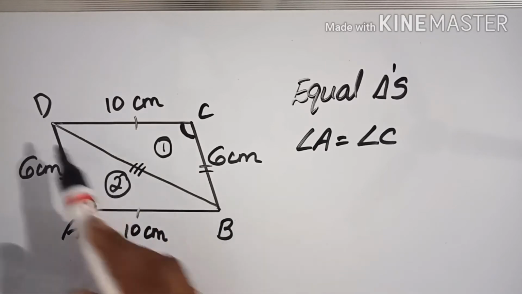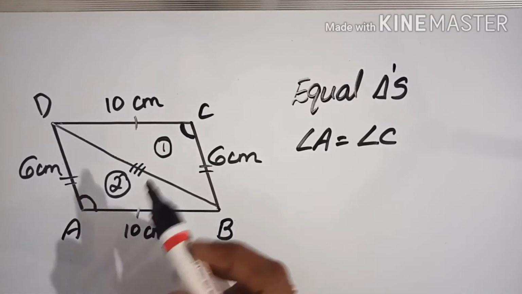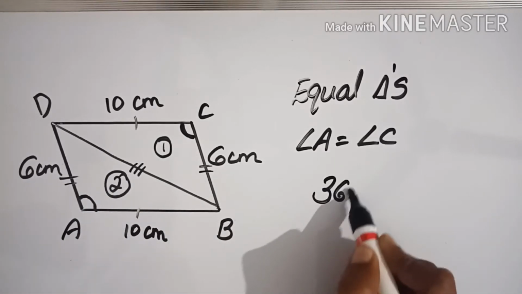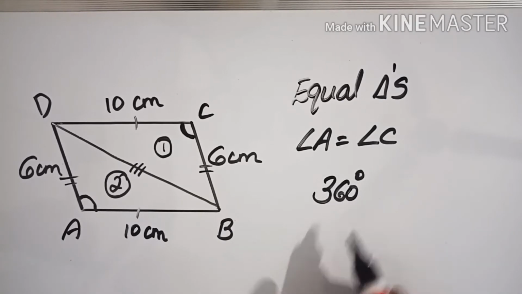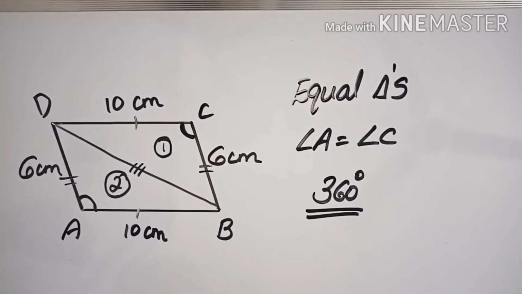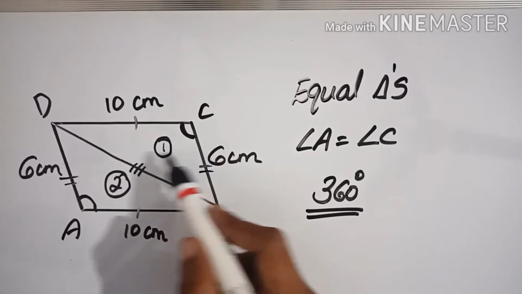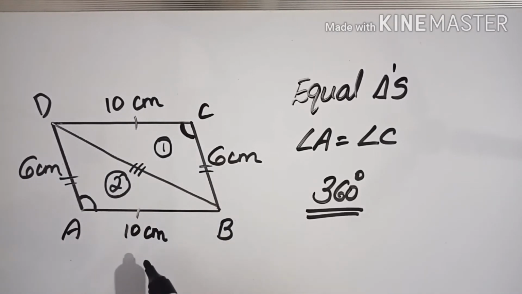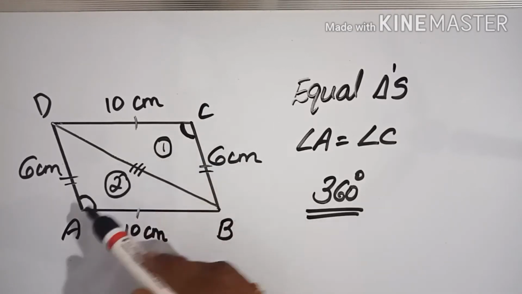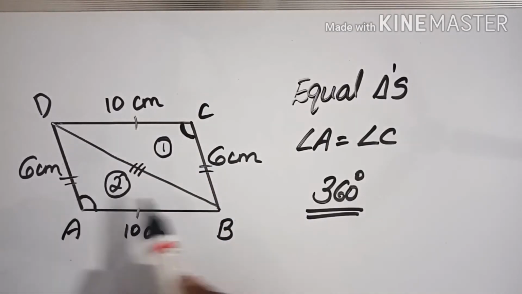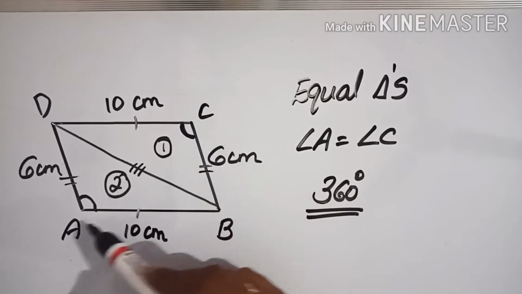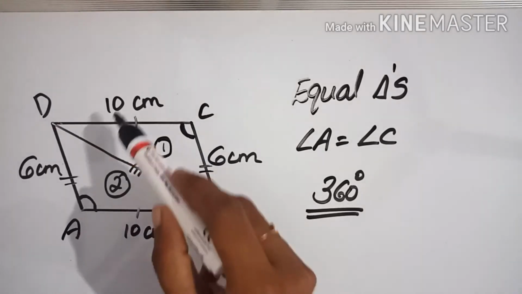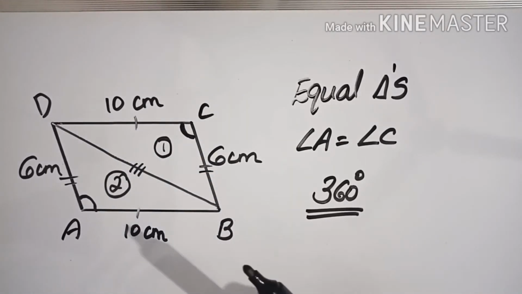Then the next pair will also be equal, because total is what? 360 degree. Sum of angles of quadrilateral is 360 degree. So these two equal means these two will also be equal. That means this is a parallelogram. Okay, when we get these two angles, already pairs are equal. Now these two angles equal means this quadrilateral is a parallelogram. Okay, so this is a proof.